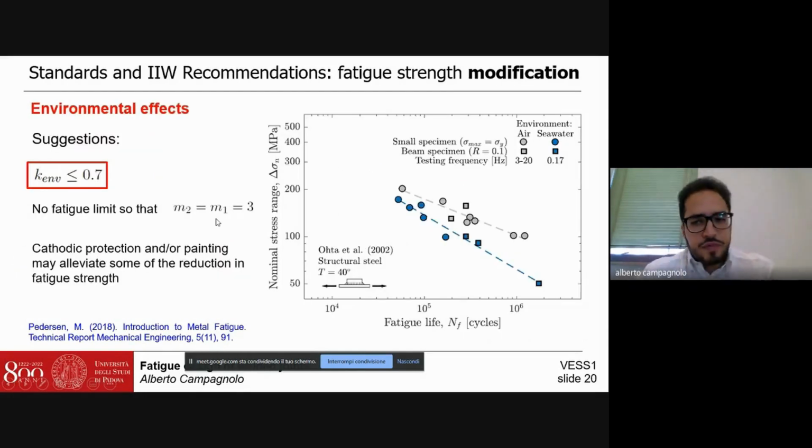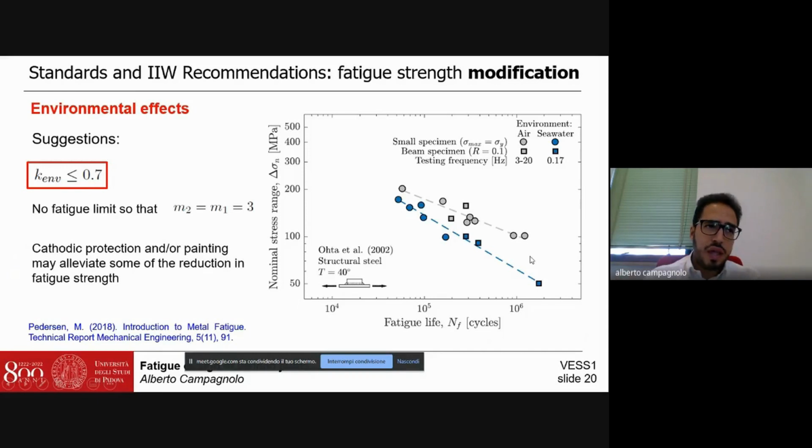Another correction factor is due to environmental effects. We know that testing joints in an environment which is different from air, we typically have a reduction of the fatigue strength. This diagram shows how the same tested joints reduce their strength when tested under a seawater environment. It is very difficult to suggest a correction factor, since the reduction of the fatigue strength depends also